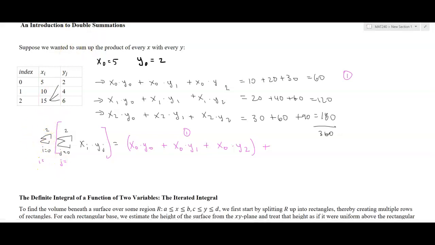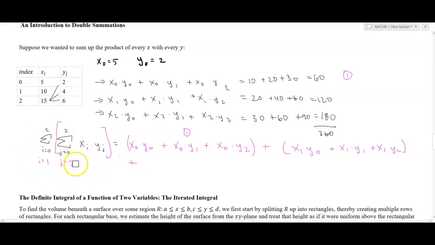But this outer index now becomes i equals 1, because we've run out of j values for i equals 0. So now i becomes 1, j resets to 0, and now we add to that x1 times y0. And now j increments again, j becomes 1. We have plus x1 times y1. And now j becomes 2, and we multiply x1, y2. Always summing as we go. We're adding up all of these components. So there's x1, y2. But we're not done adding, because now that we've run out of index values for j,